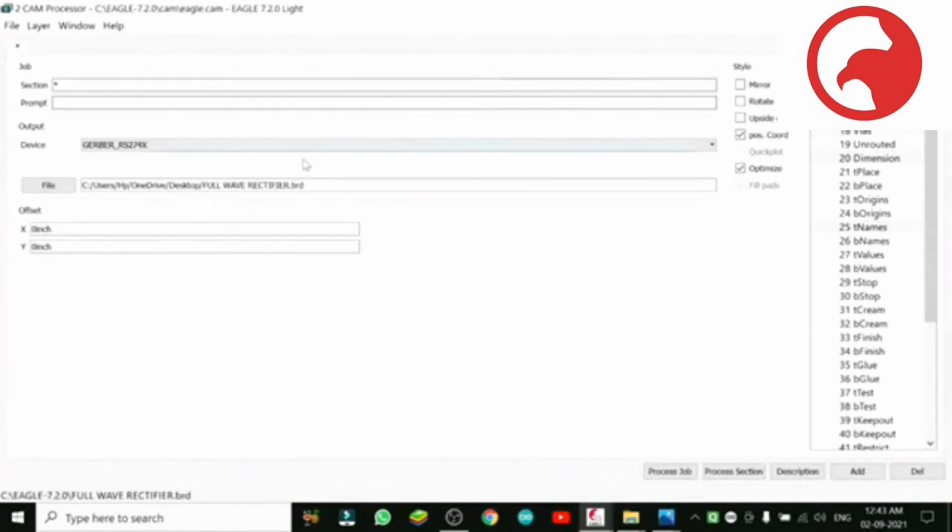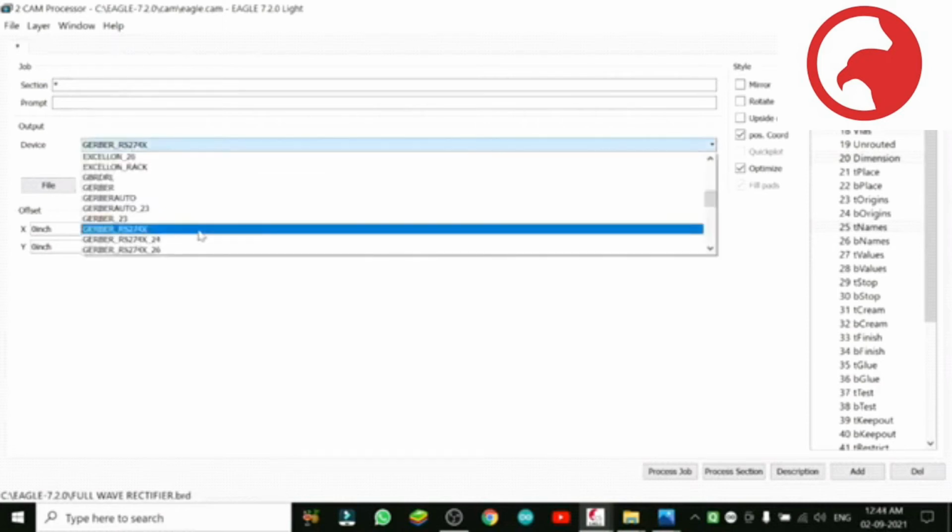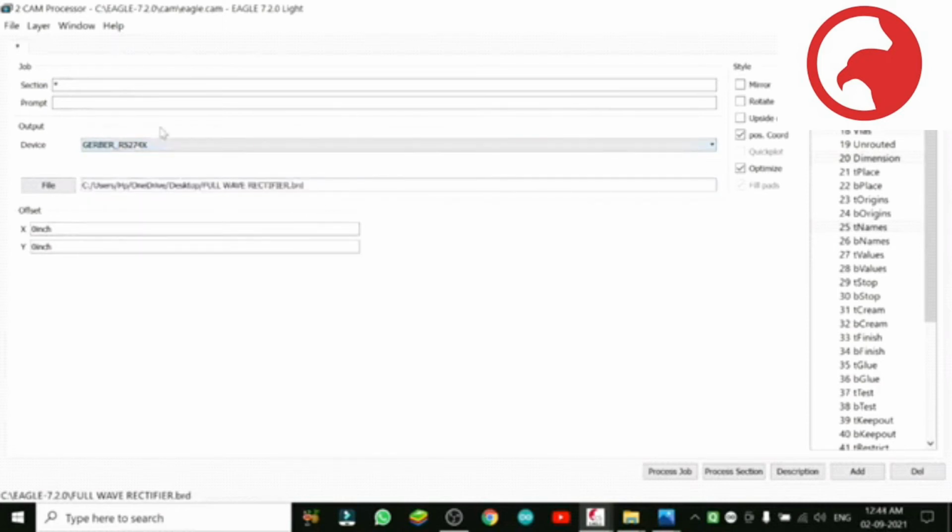Process Gerber file. You can select it, the Gerber file you can make it like this. Setup, job, this, that, the Gerber name is coming there. This we need to select from the bottom. Okay. So enlarge it and just see what I have selected it. So we will get the Gerber file on our desktop.